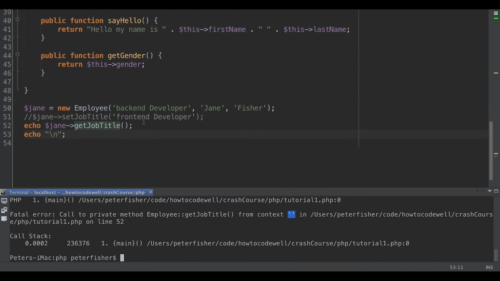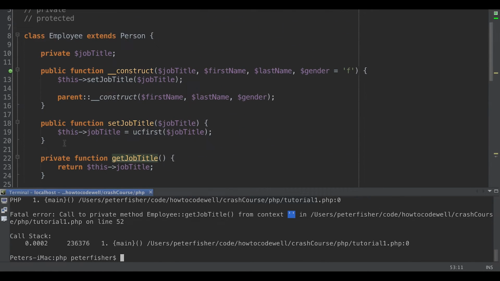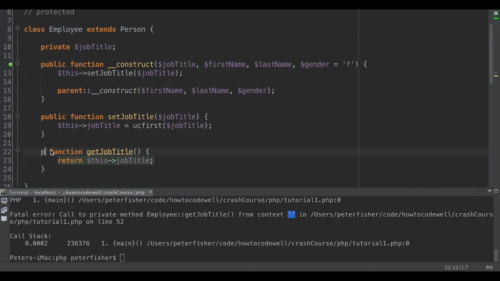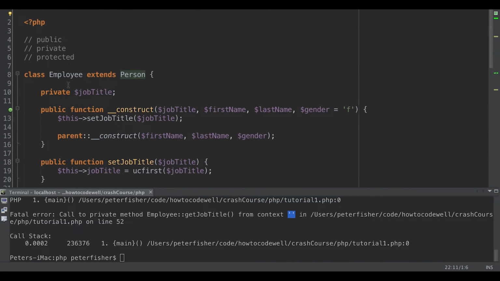Now, why would you want to do this? Well, let's scroll up and change that to public again, because the employee class extends the person class. Extension and inheritance is something I touched on in the previous tutorial, so do check that out if you haven't done so already. But it basically means that we are ensuring that these methods can only be accessed from the scope of this class. Now, if we were to extend it, so for example here we're extending employee to person,